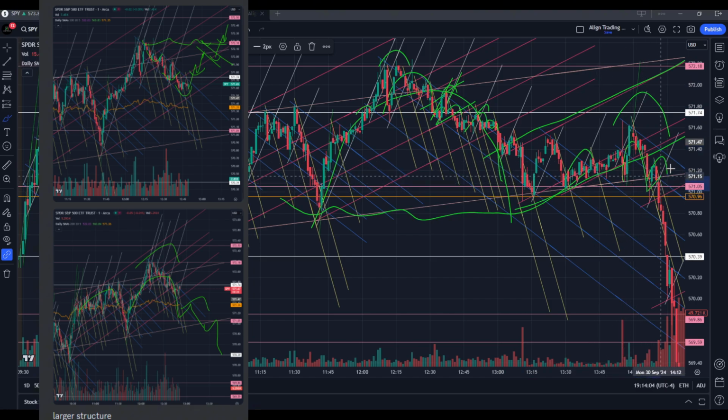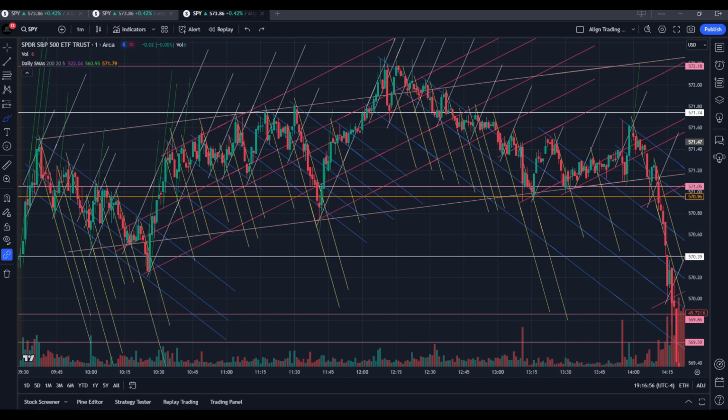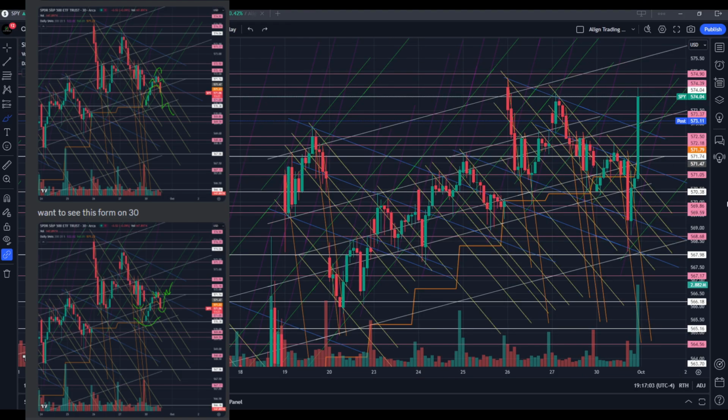You see how we complete that and begin heading down right here. Now at this point, as we continue to head down and form this larger structure, I explained you have to be paying attention to this forming right here. You can see how that head and shoulder is forming, and to watch that inverse cup closing right here to give that move down. Otherwise, be paying attention to this inverse head and shoulder right here, and if we want to form something like that back above that 571.74 to complete this cup.